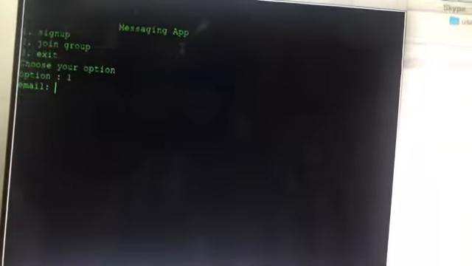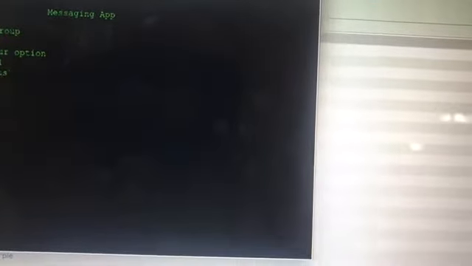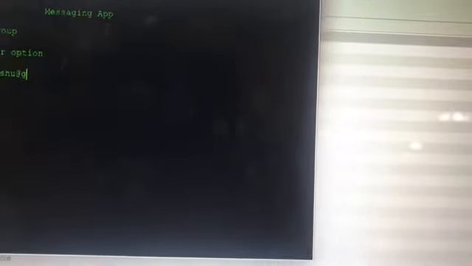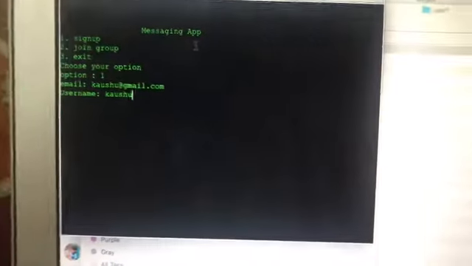So select option 1 and email. Let me just try to give, say, my son's email, which is kaushu@gmail.com. Then it is asking for username, so put it as Kaushu.